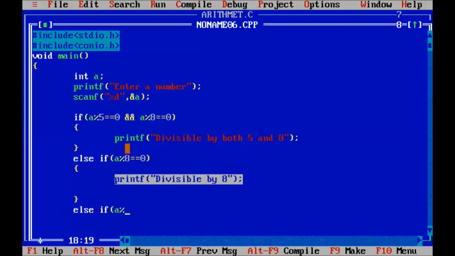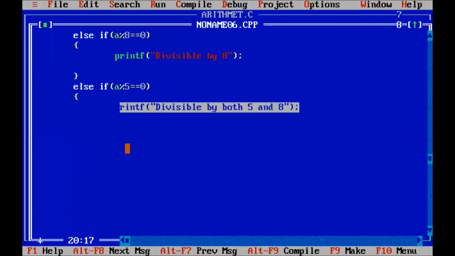Else if a divided by 5 equal to 0, the message should print, divisible by 5 only.